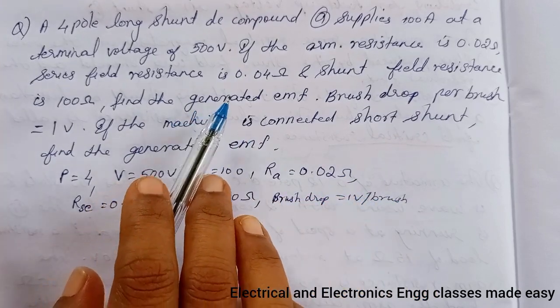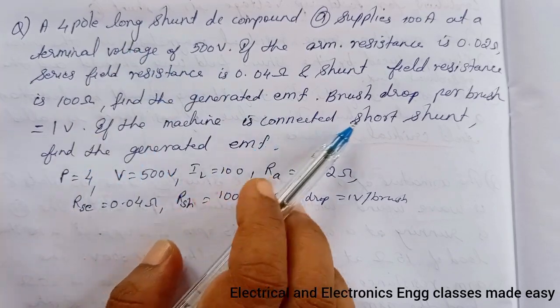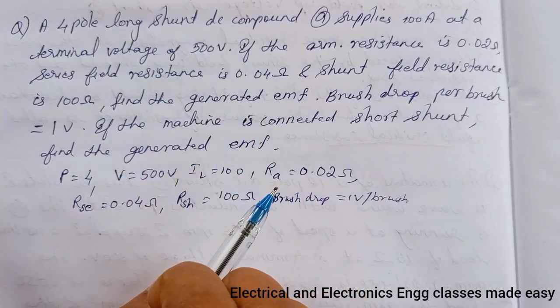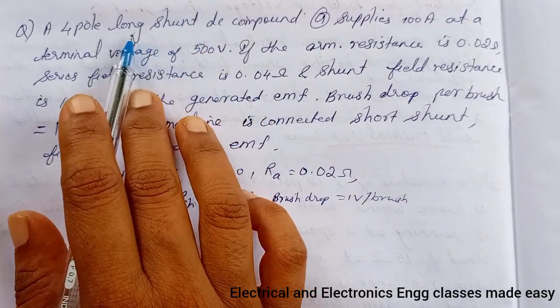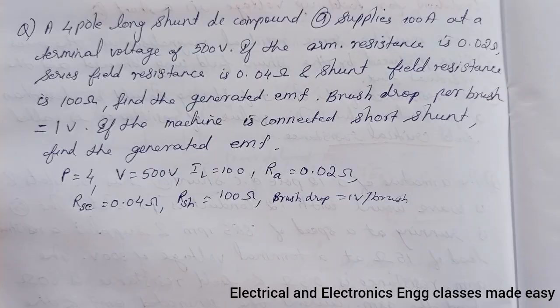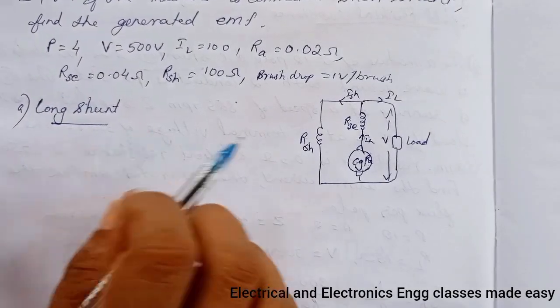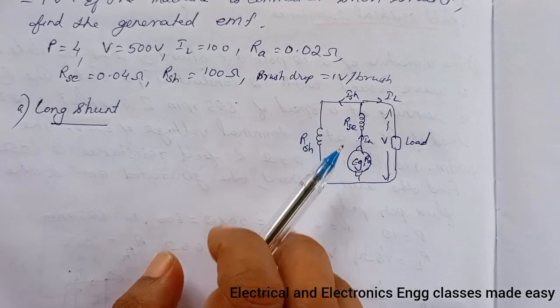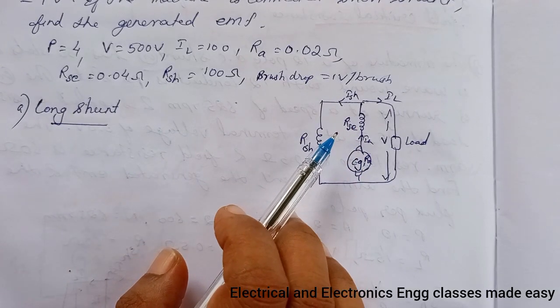So we have to find the generated EMF in the case of long shunt and short shunt compound generator. For that, first of all, draw the diagram of the long shunt generator. So consider the first case, that is the long shunt generator. This is the diagram for the long shunt generator, and here we have to find the